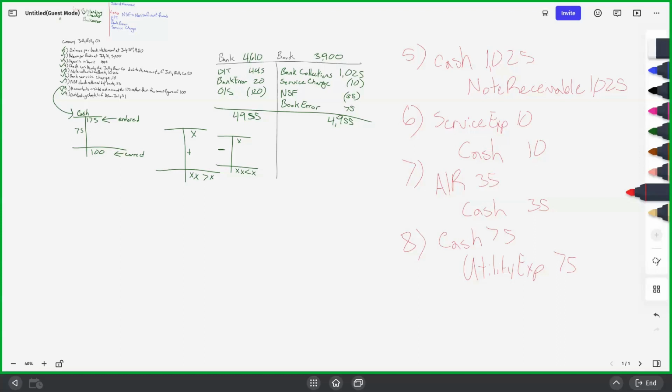The biggest reason why is because this is a different question. For this one, this was for 27 of the book error. If you see the true cash balance, it's different than the true cash balance for the other one. So in this case, you took out 27 instead of adding back 75, because this was off by 27. Just go whatever way the cash flows. Whatever you have to do to adjust.